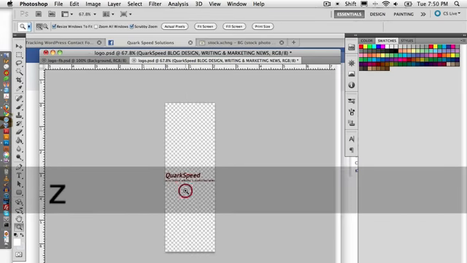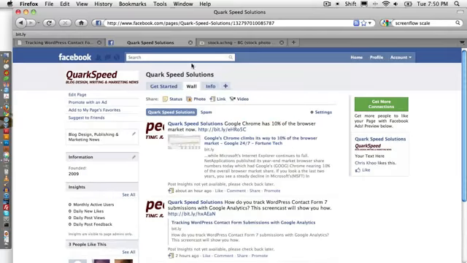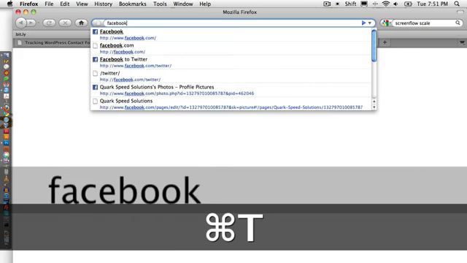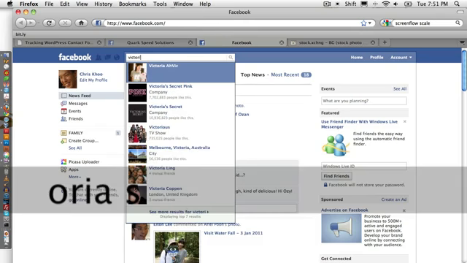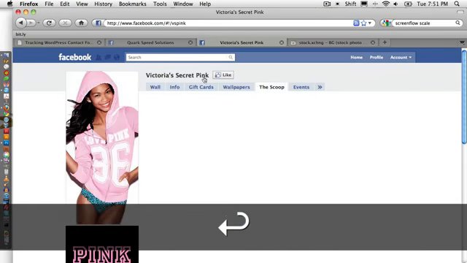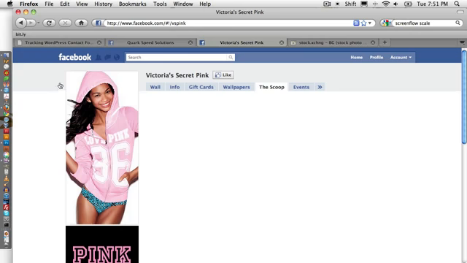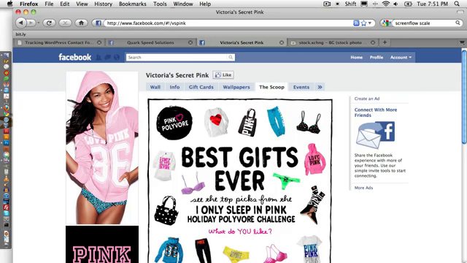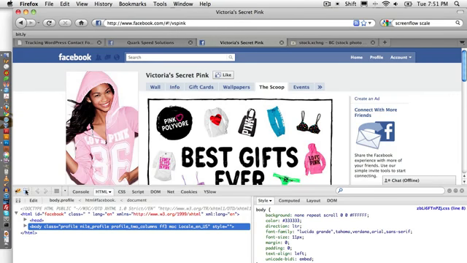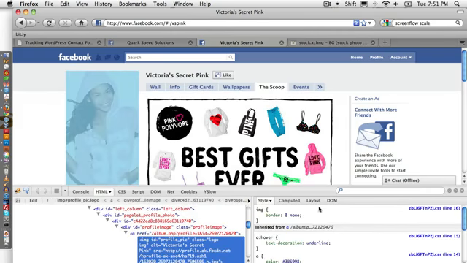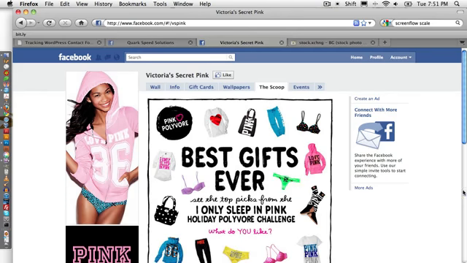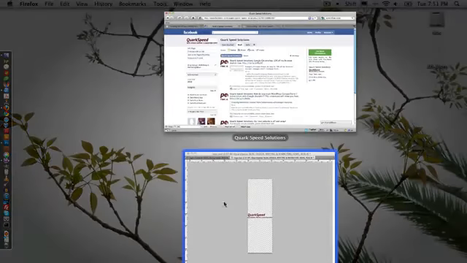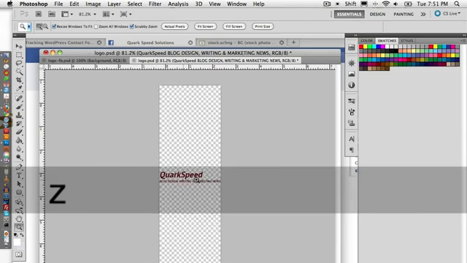Just to give you an example of something that's big, actually, I'll just go to my Facebook. And I think the Victoria's Secret page, as you can see, that's 200 across and 600 down. So if we can verify that here, go layout, turn across, 600 down. Yep. So if we go back to Photoshop,